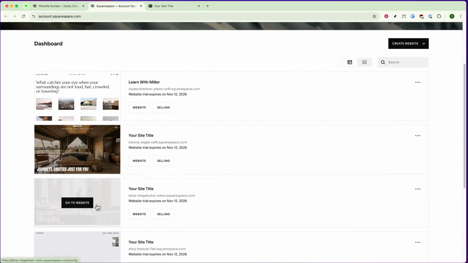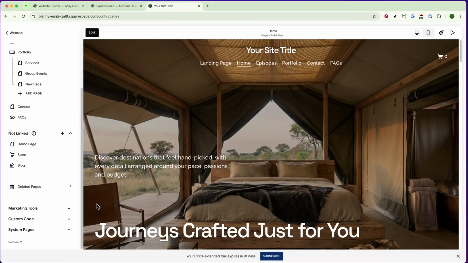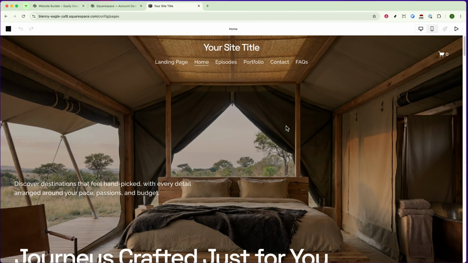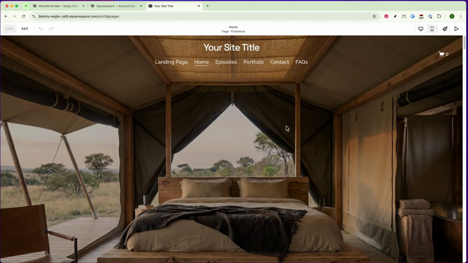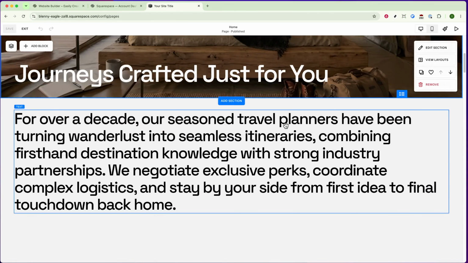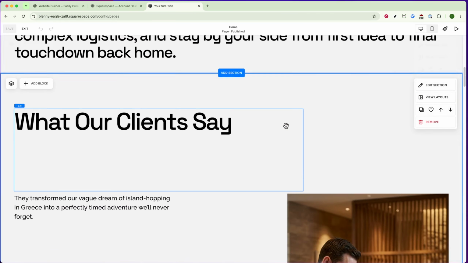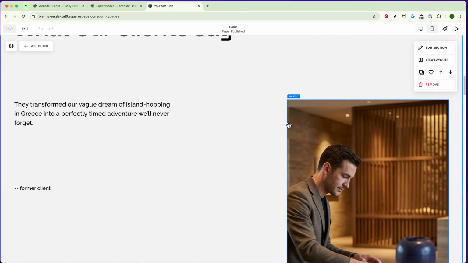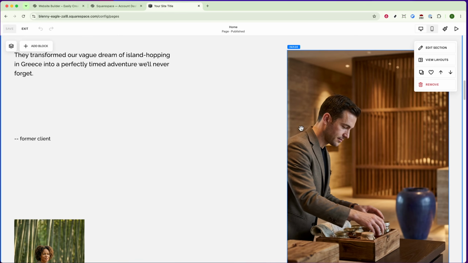Next, click on the Edit option to enter edit mode. This is where you can make changes to your site's design and content. Once you're in edit mode, locate the specific element where you'd like to add the link. This could be a piece of text, an image, or even a button. For example, if you're linking a button to an external page, make sure you've added the button to your layout